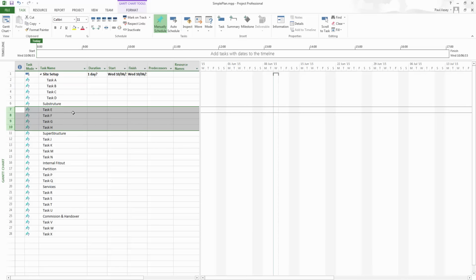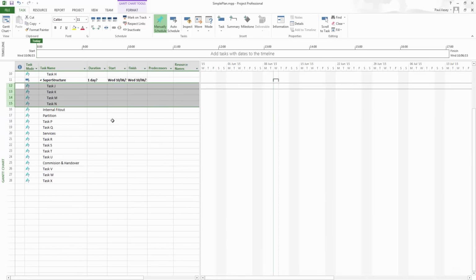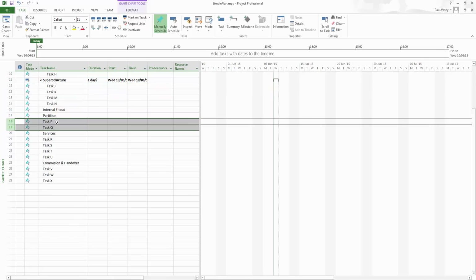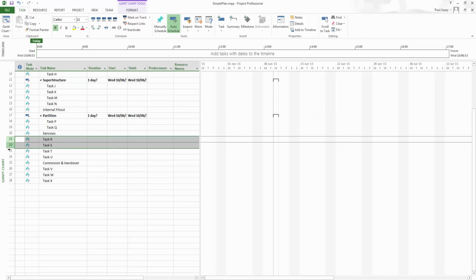So I've got a substructure work here, just indent that. Superstructure is going to be those 4 tasks, put those in. And here I've decided to create the internal fit out and split it into partitions and services. So first of all, taking these 2 items belong to partitions, so I can put that in there, and we get the same sort of behavior on the roll up. And I'm going to do the same on the services here, so I have 4 task items there, I can